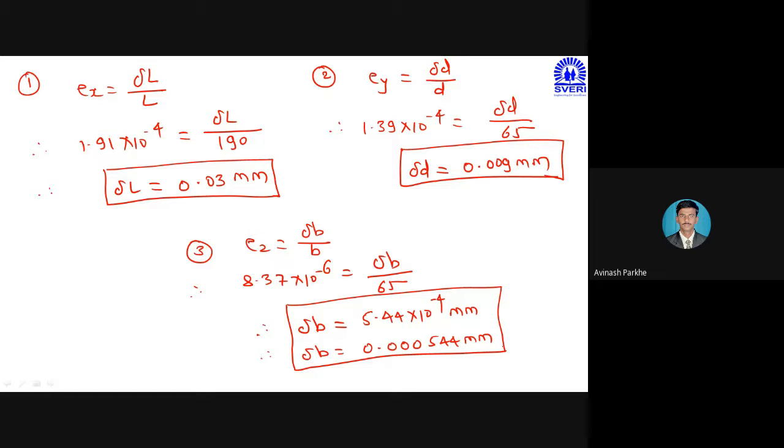0.0010 is remaining. 0.000054. Shraddha, 0.000 is required because it is 10 raised to minus 4. Therefore, 0.000 3. Yes. The zeros were there, one was missed while typing. Okay, okay.